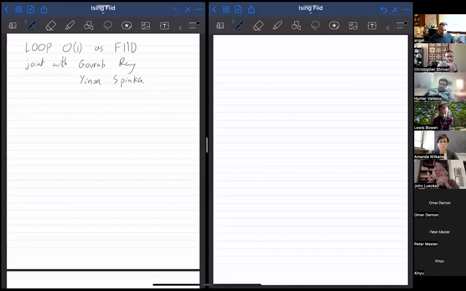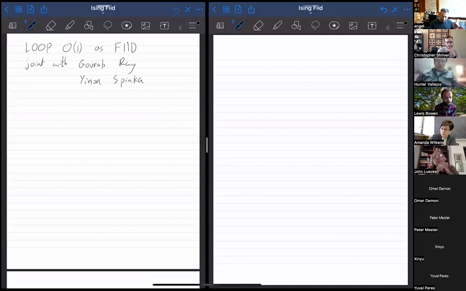So I'm going to talk about some recent joint work with Gurel Bray and Dinon Spinka about understanding the loop O(1) model as a factor of IID. Let me start with a brief